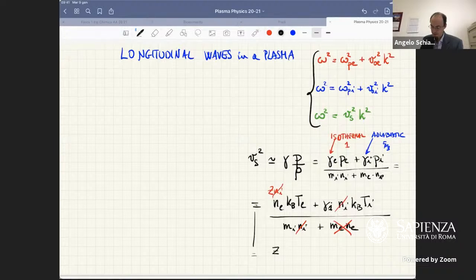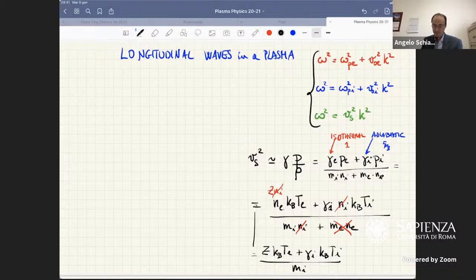Z KB TE plus gamma for the ions, and then we have a KB. Yes, let's put it here in front of Z. So we have Z KB TE plus gamma ions KB T ions divided by the mass of the ion. Okay,